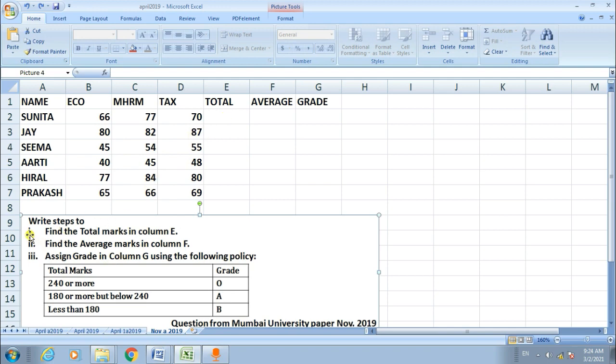See, the question first is find the total marks in column E. This is column E, the heading is Total. Below that, the second cell, that is E2, I put the formula.